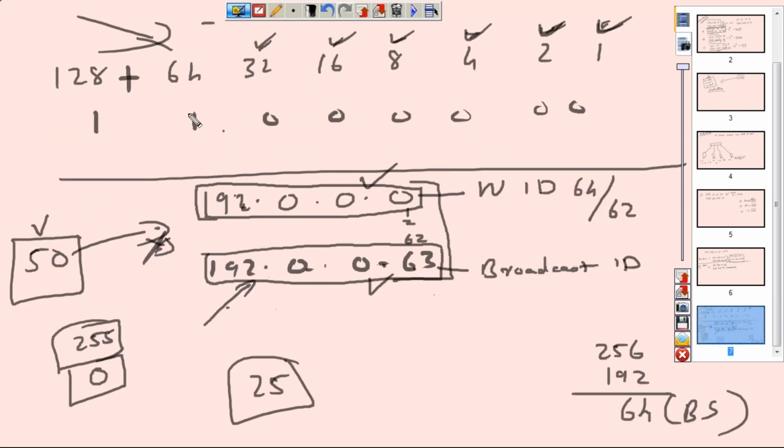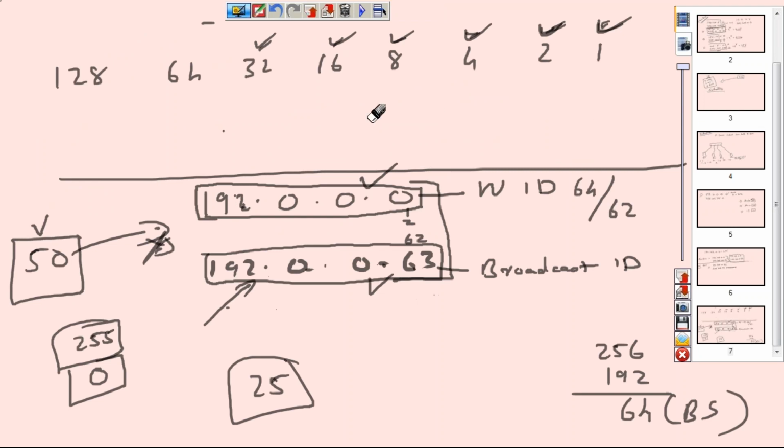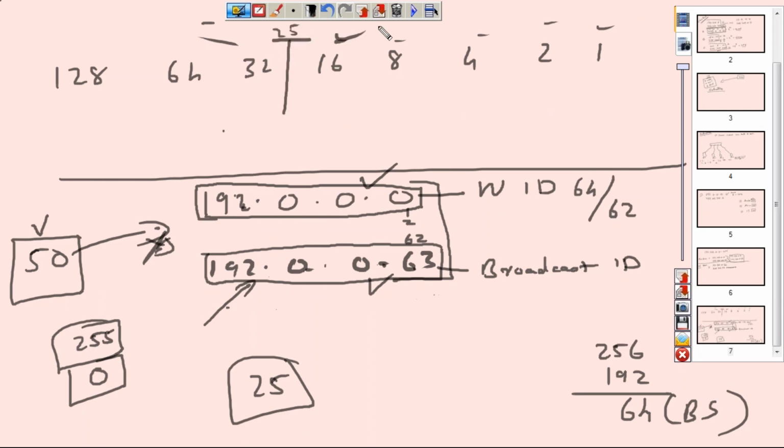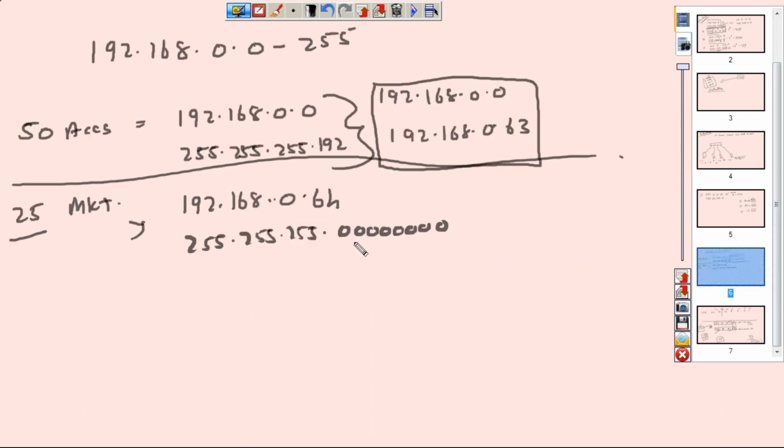All right. Let's go up here, clean this up a little bit, and ask the same question here. Not enough, not enough, not enough, not enough. Too many, right? That means 25 stands somewhere here. How many bits? 1, 2, 3, 4, 5 bits, right? All right, so let's tick off 5 bits here.